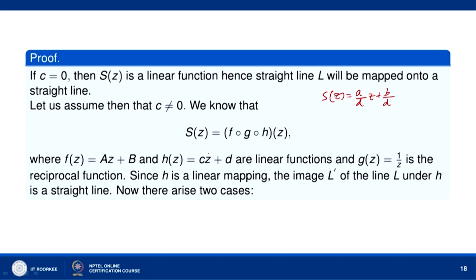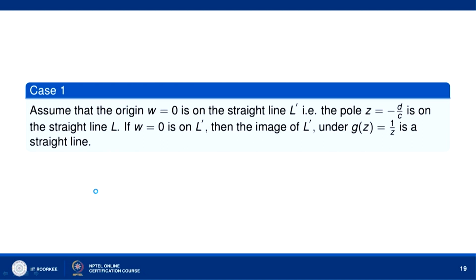Now, since h is a linear function, h(z) = cz + d, the image L' of the line L under h is a straight line. Now, again there arise two cases like in Theorem 1. So, the first case is that the line passes through the origin, the straight line L' in the W plane. This is your Z plane. We have taken any straight line L in the Z plane. Now, it is mapped into a straight line L' in the W plane